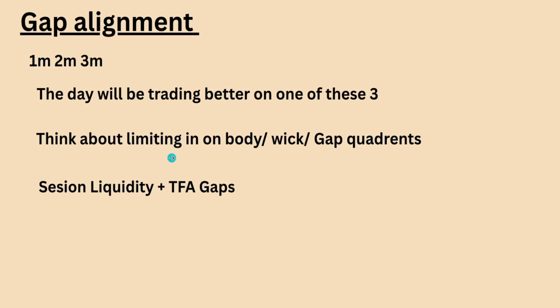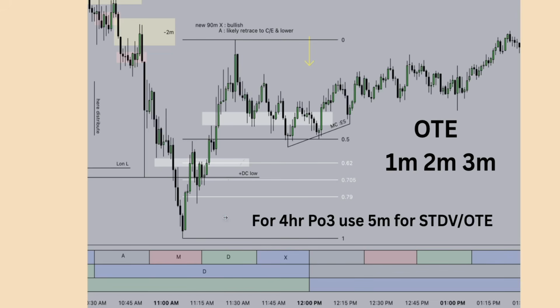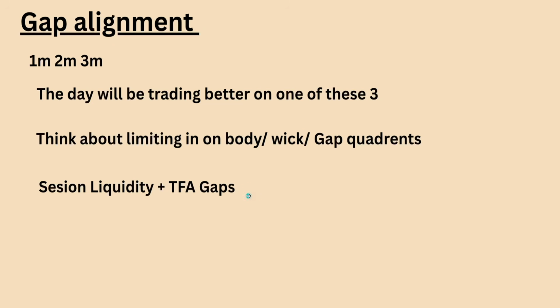And then session liquidity and time frame alignment gaps. Usually when we're marking out session liquidity, our time frame aligned gaps, our 15 minute gaps are maybe a 1 hour gap at CE of the day that has session liquidity below it, or our 4 hour gap, which is really important and really great to trade off of if we have intraday. These are what I'm looking to align, session liquidity and gaps, because the most important thing is OTE. OTE establishes our ranges, and then these gaps and the session liquidity